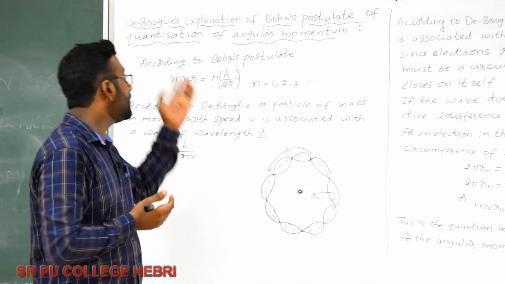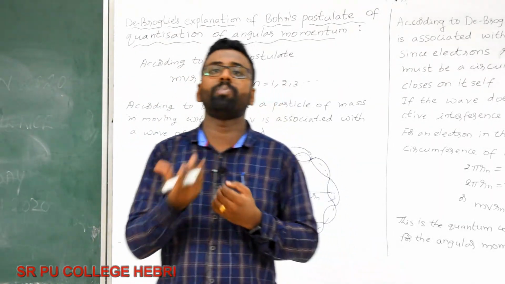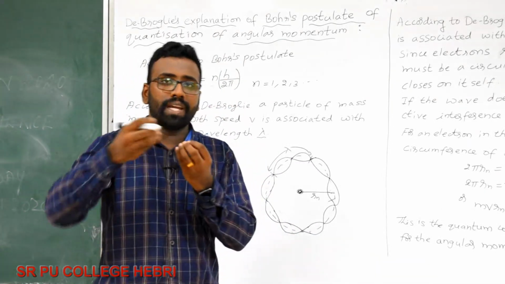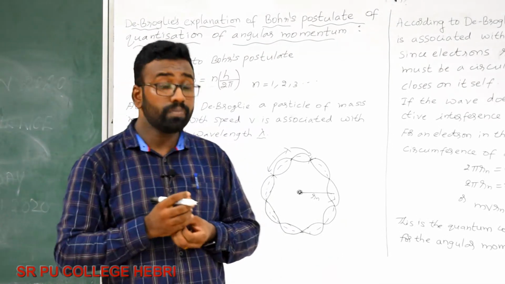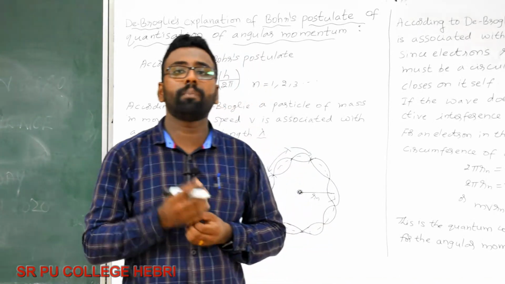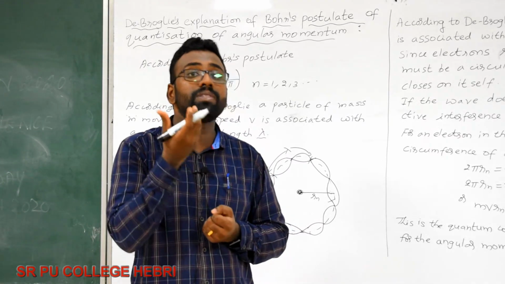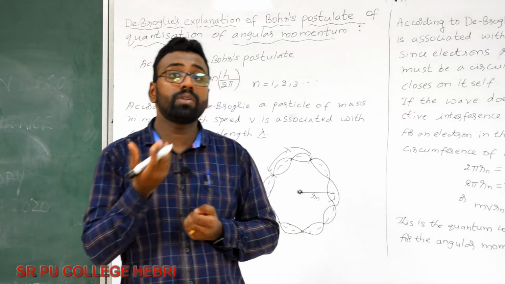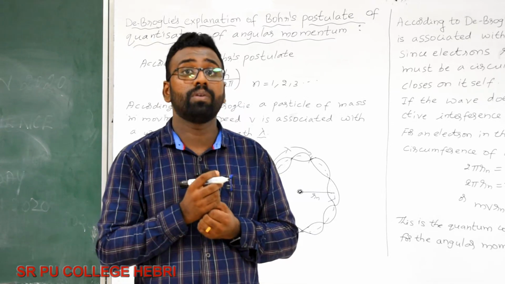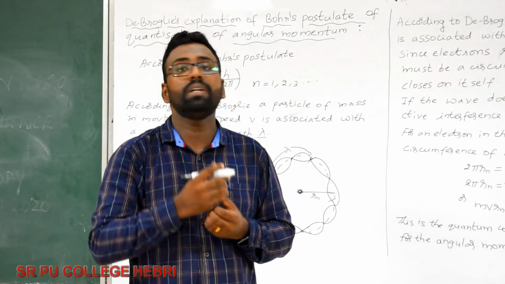Here next comes de Broglie. You must be familiar with Louis de Broglie, who had explained the dual nature of matter and radiation. So you have already studied the dual nature of light. The light behaves like particle as well as wave. Okay. Similarly, de Broglie comes up with an idea that a matter can behave like a wave or a particle. So here comes the matter wave. Okay. So de Broglie says electrons can behave like wave. So even though electron is a particle, it can behave like wave when it moves with a certain speed.